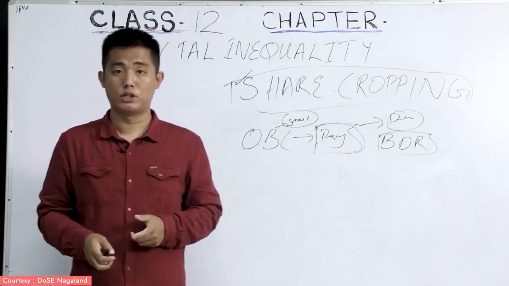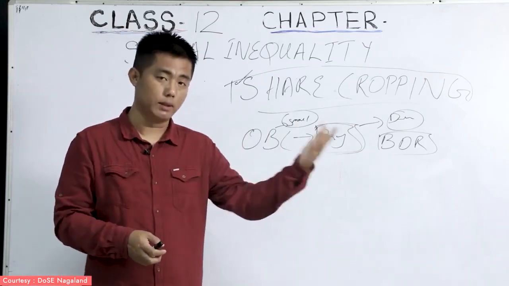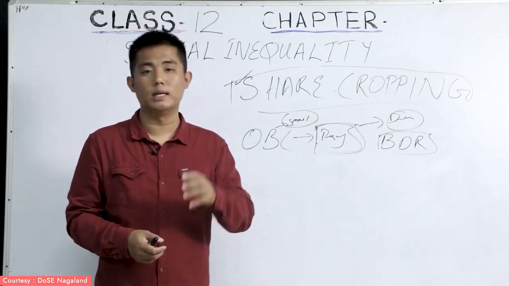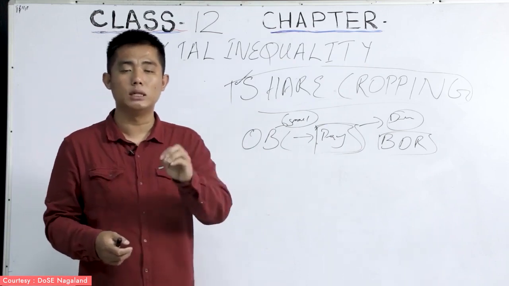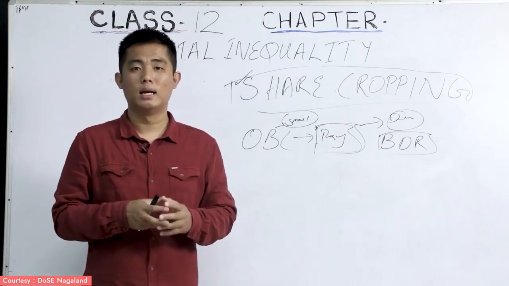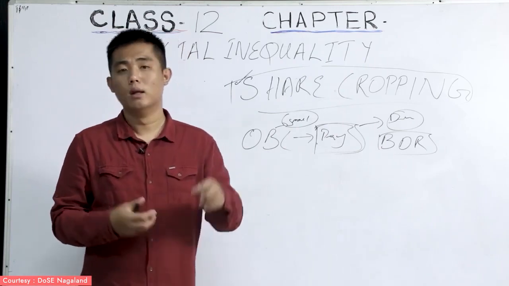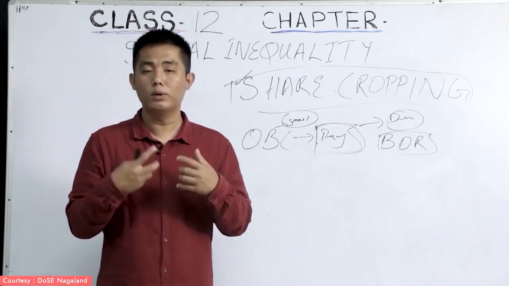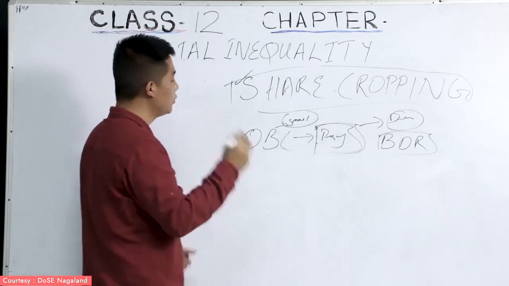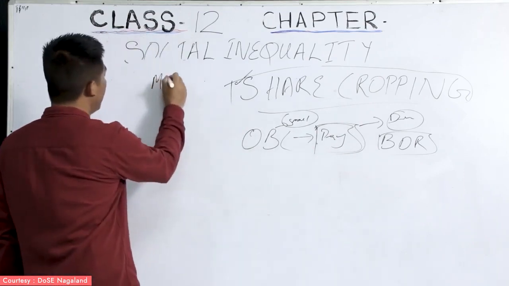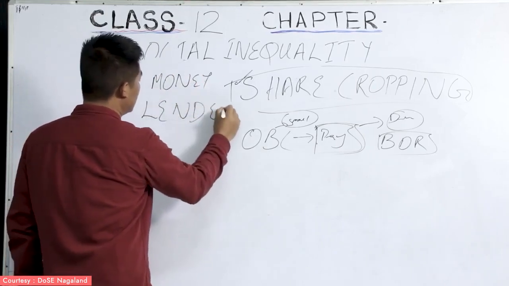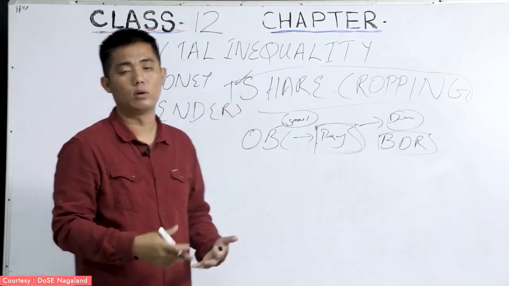And right now we have discussed sharecropping, where they have to pay some amount to the landlords, right? And these were the reasons why the OBCs needed money. And moreover, even though they had land, they had a very small piece of land, and they don't have anything to do. Now, what was the outcome here? What will they do if they are so much in need of all those things? What they did was that they went to a group of people who were called the money lenders, or in other words, the Mahajans.